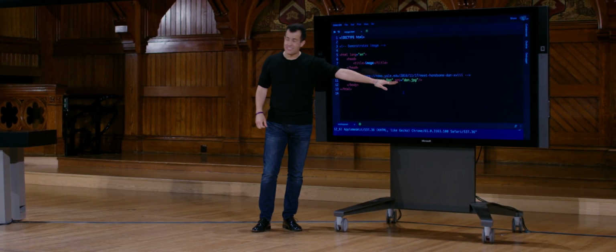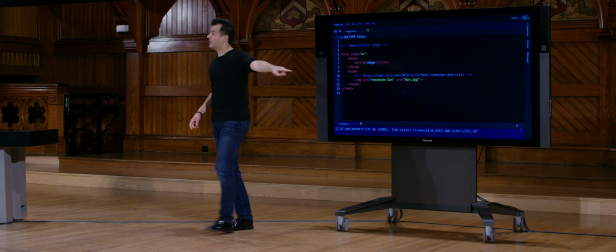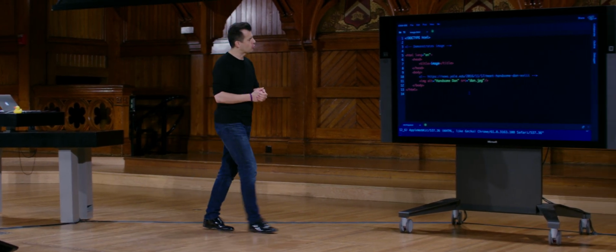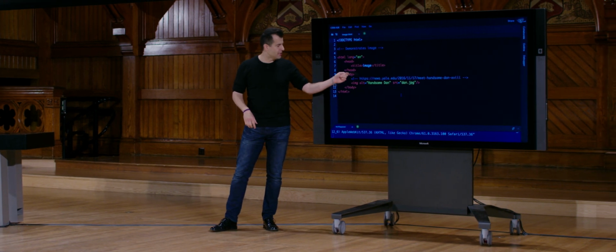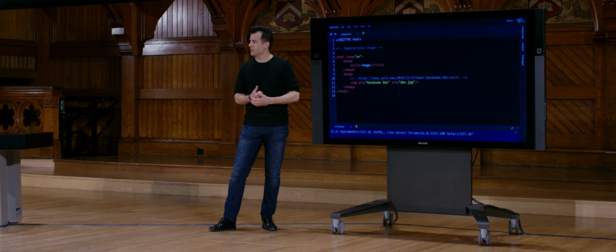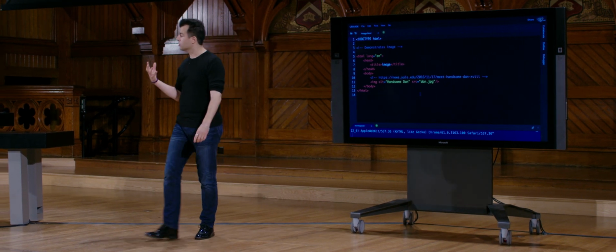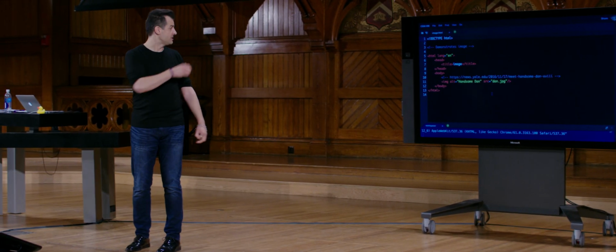The source, src of which, is going to be that file, dan.jpg, which I downloaded in advance from the URL up above. And in fact, this is gray in CS50 IDE because it's syntax highlighting it, just like in C. This is what's a comment in HTML. So if you want to make note to yourself or to viewers, some sentence or like a citation like this,